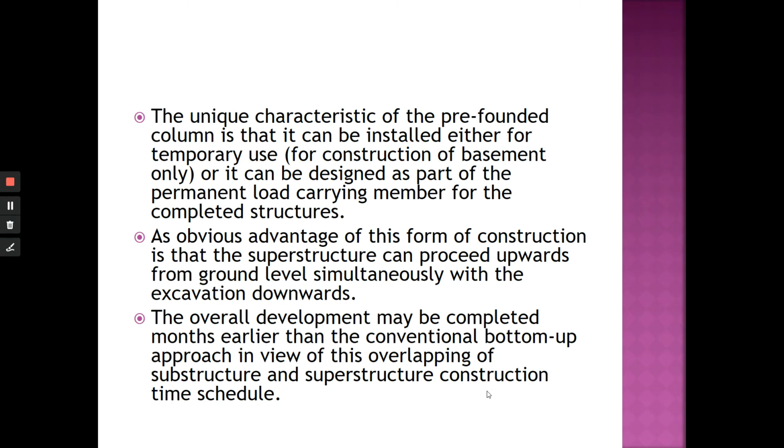And normally projects in KL, they are fast track projects. And normally they construct 24 hours a day and they will have different gangs to undertake the works. Okay, months earlier than the conventional bottom-up approach, in view of this overlapping of superstructure and substructure construction time schedule.